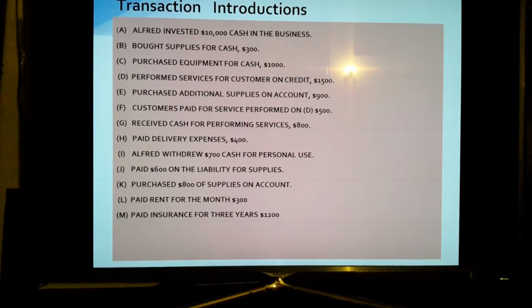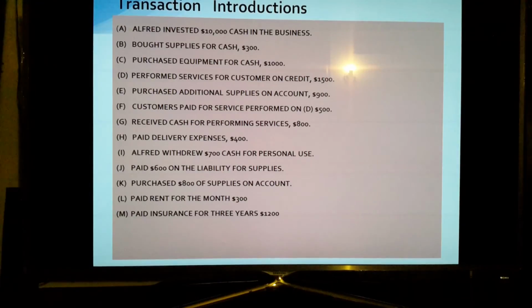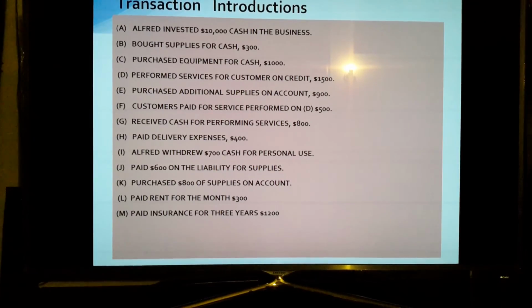Alfred withdrew 700 cash for personal use, paid 600 on liability for supplies, purchased 800 of supplies on account, paid rent for the month, paid